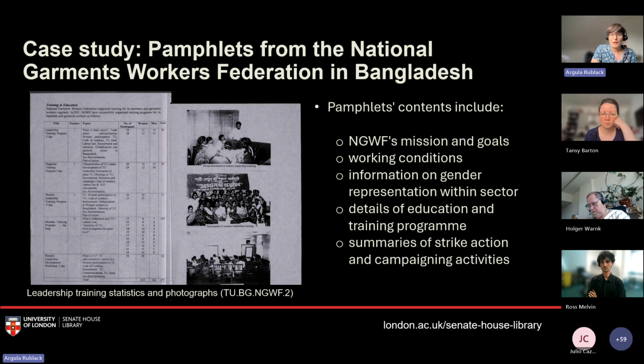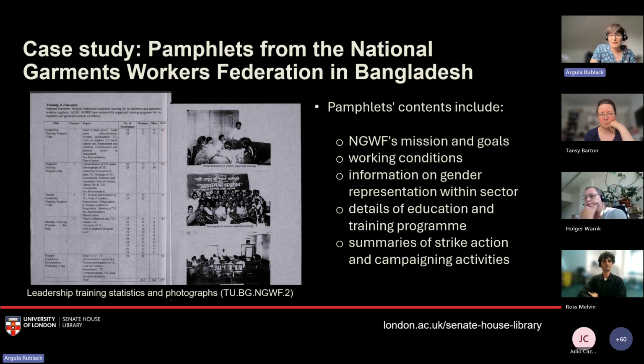The majority of garment industry workers are women, and from the 1990s, the involvement of women became a major concern in the development of labor organizing in Bangladesh. This is because even though there were an increasing number of women employees in the garment industry, this didn't automatically translate to women's presence in the union.